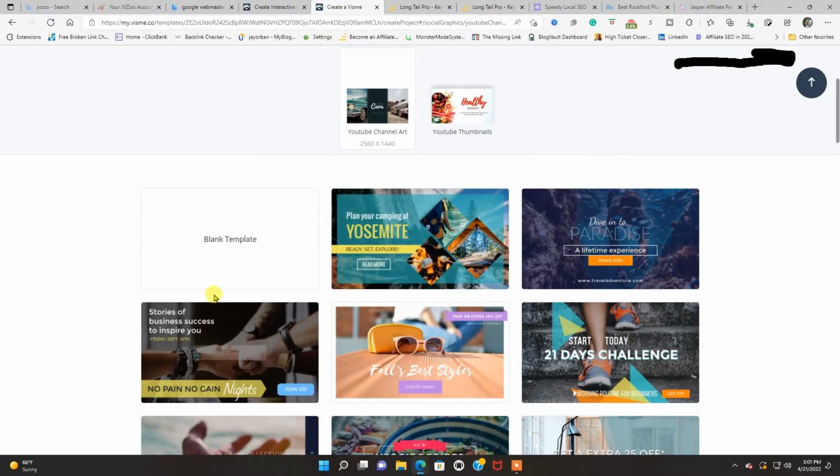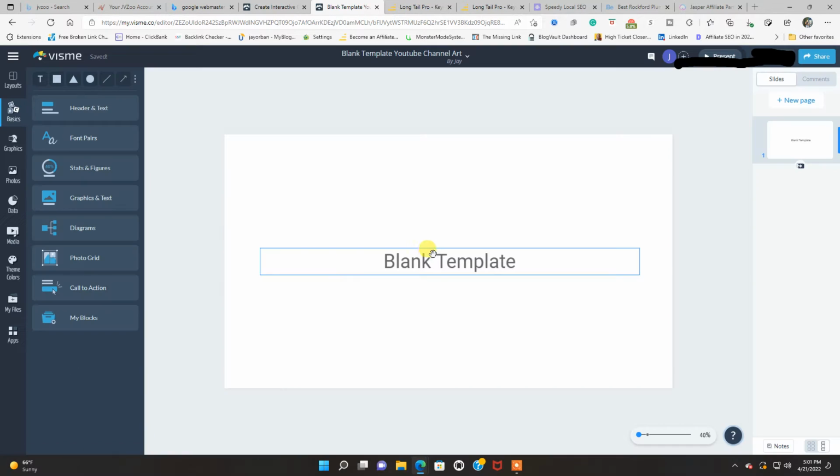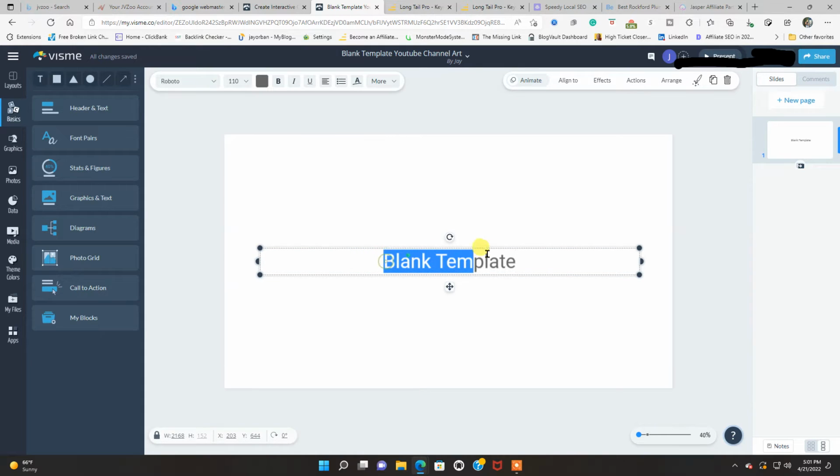But what I like to do is the blank template. Click edit. This is going to pop up. So we're going to left click here with the mouse, delete where it says blank template, and we're going to make the YouTube thumbnail for this particular video you're watching right now. How to create YouTube banners quickly, efficiently,